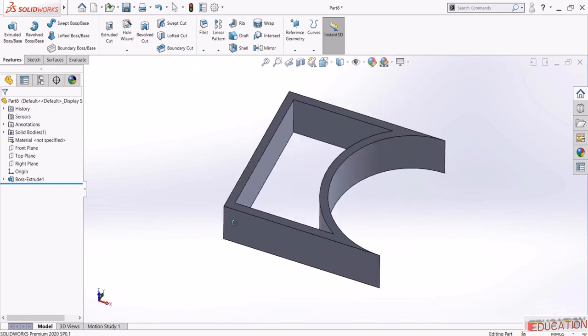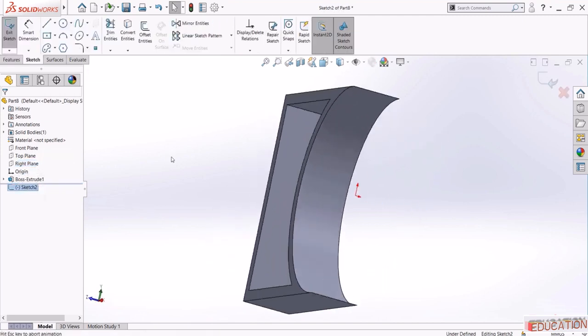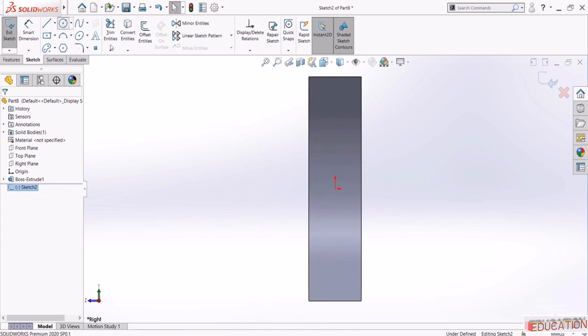Now once you have this shape, we need to talk about more options inside the Extruded Boss feature. Our first sketch was on the front, and now I need to pick a plane that is perpendicular to the front, so I will pick the right and make sure to select the same arrangement. So the right plane is here. Now start a sketch there and simply in the center